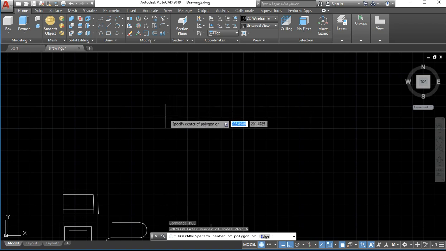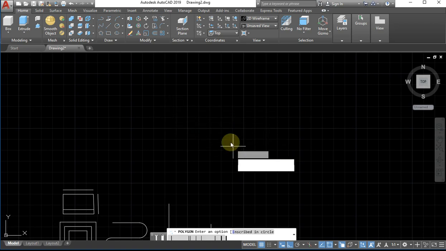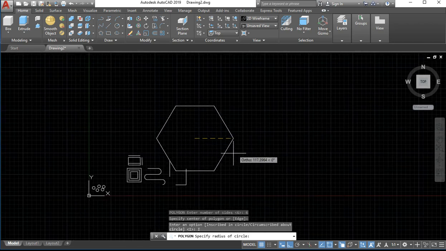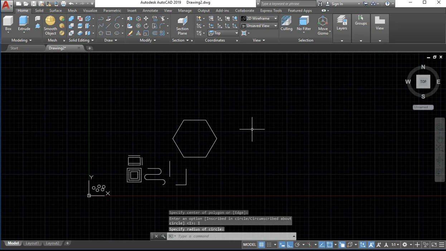So, ibig sabihin ng inscribe, ibig sabihin sa loob ng circle. Parang may imaginary circle siya, yan. Inscribe, encircle, or circumscribe. Pag inscribe, syempre, nasa loob siya ng circle. Pag circumscribe, nasa labas ng circle. So, ganun lang yung idea nun. Okay, so, we choose inscribe, then that's it. Yeah. So, we have already,